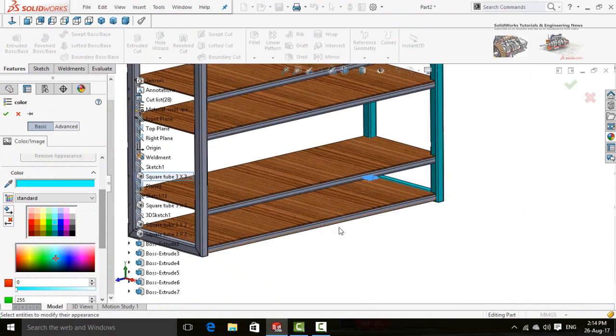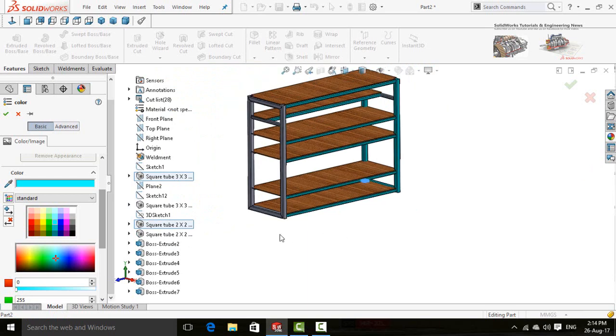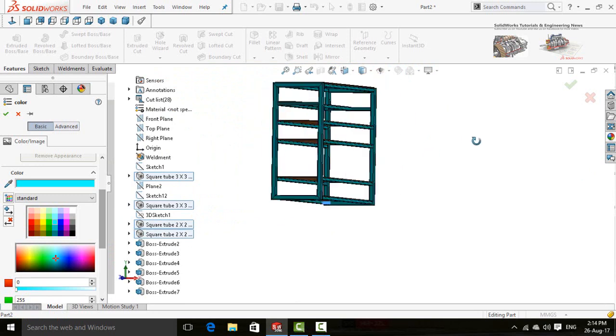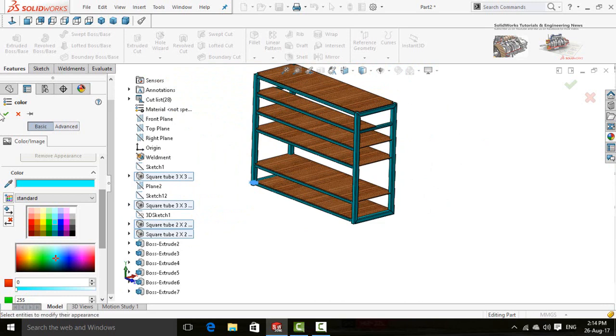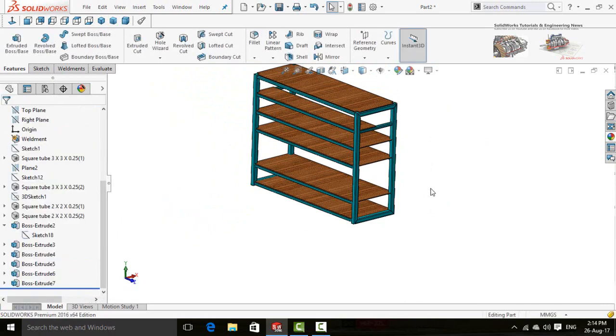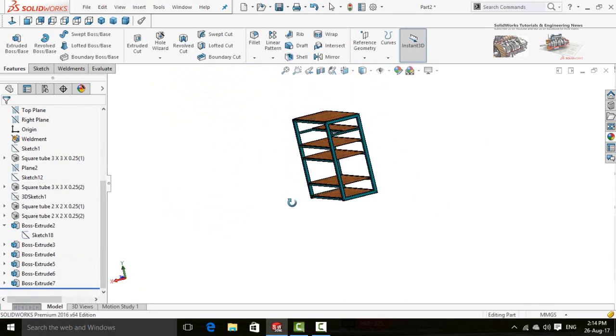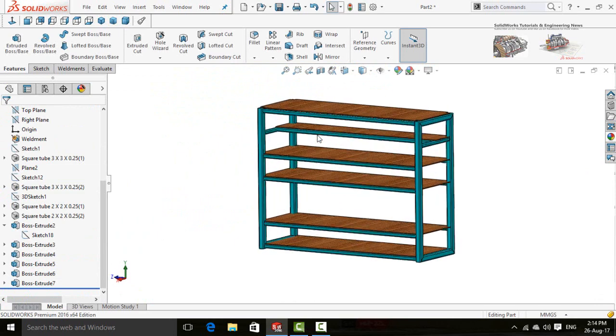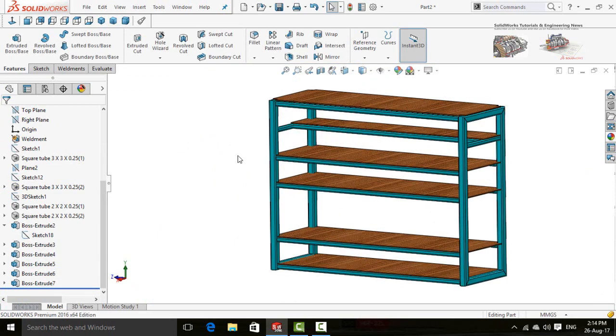Now select the rest of the tubes one by one. So press OK button. Now the table by using weldments has been ready.